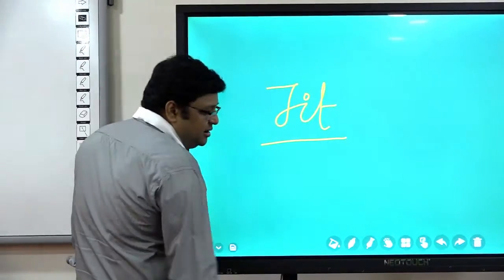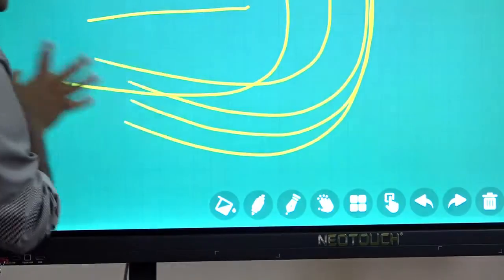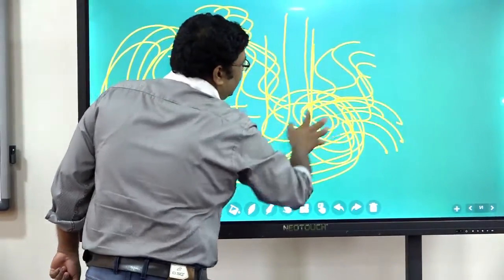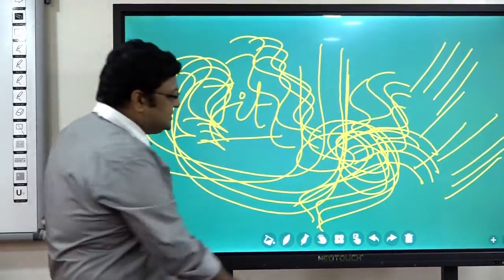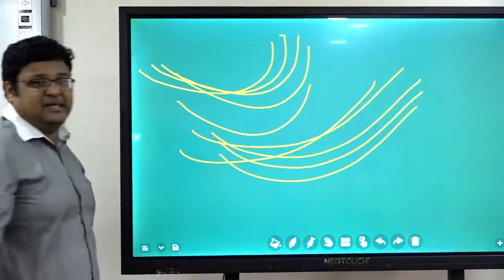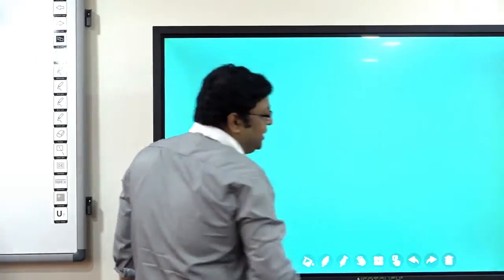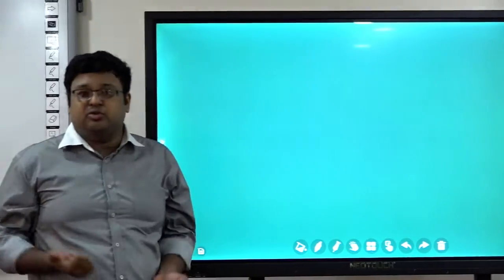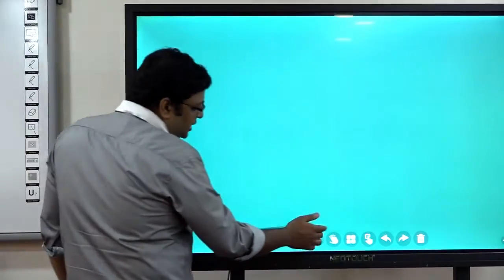You have to press here. You can see one full hand of fingers is coming, and we can write like this. We can use all our 5 fingers to write. Actually 10 fingers can write together. Okay, 10 persons can write together with 10 fingers in this particular thing, as you can see, right? So this was the fourth option. It is very important whenever you are doing multitasking, or whenever you are asking your students to come up here and to write something or to do something. Okay, so this was the fourth option.